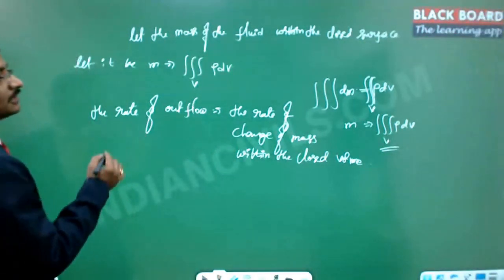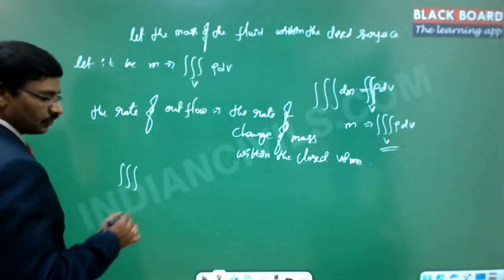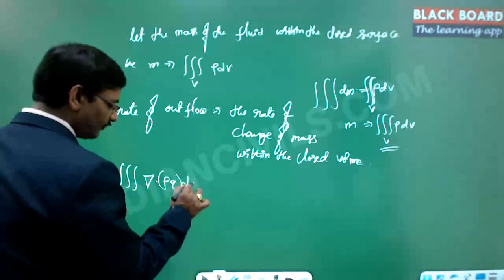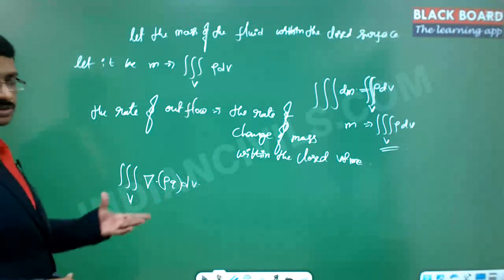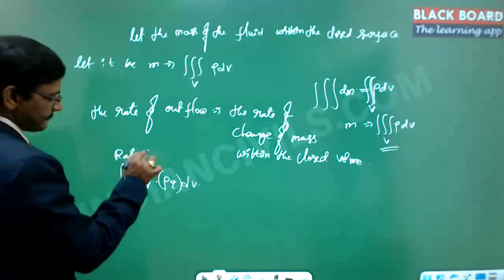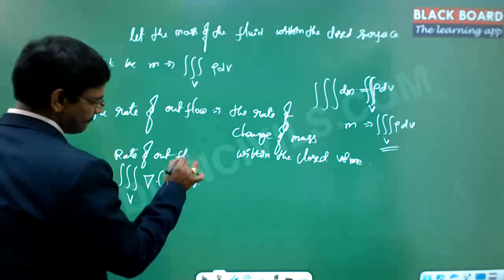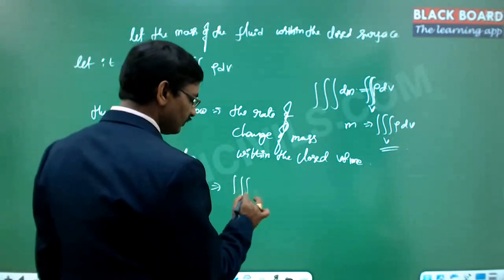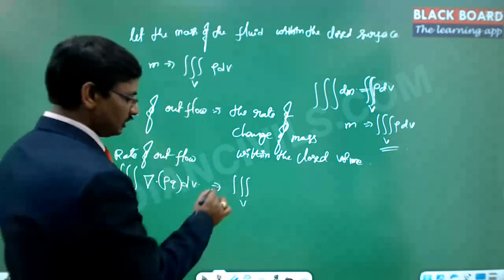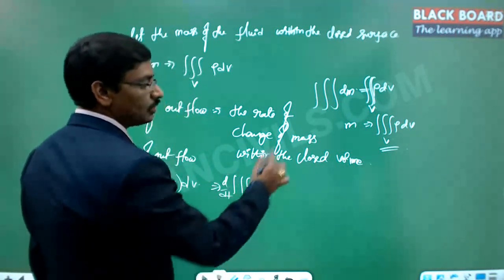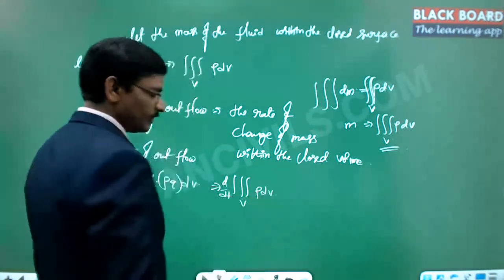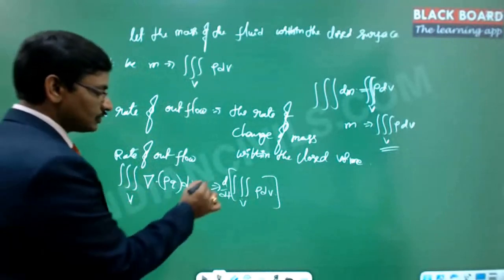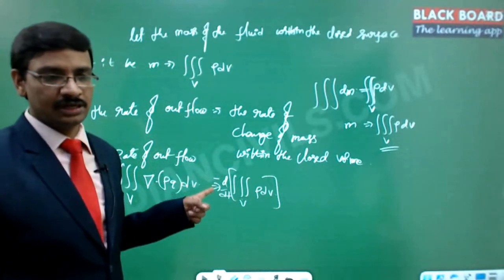So this value, which is nothing but the rate of outward flow, we have calculated as the volume integral of del dot rho q into dv. So this is the rate of outflow. This is exactly equal to the rate of increase of mass within this particular volume. So this is nothing but d by dt of, so mass is actually rho dv. So the rate of increment is equal to the outward flow. This is an increment we are talking about, hence it has a negative value.